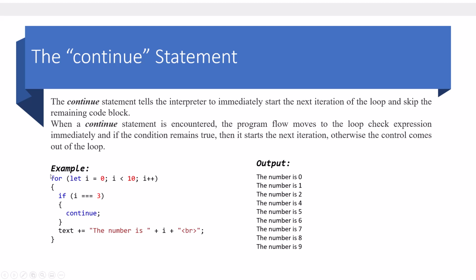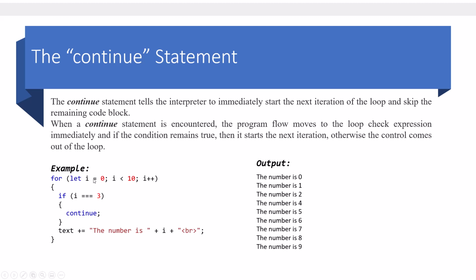Now again it will go to the for loop and now the i value is i++, which means i is 1. So again it will check this condition, and if this condition is false, then again it will print the number is 1. Again it will do the same for i++, which means i is equal to 2. That time also it will print the number is 2. But